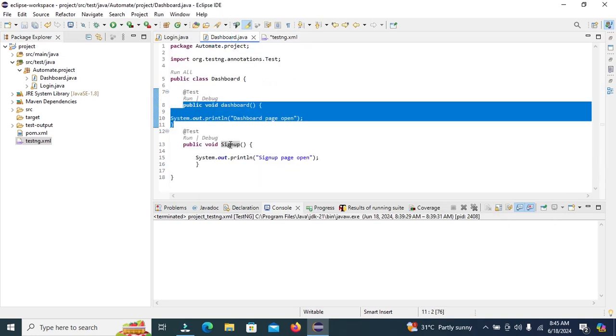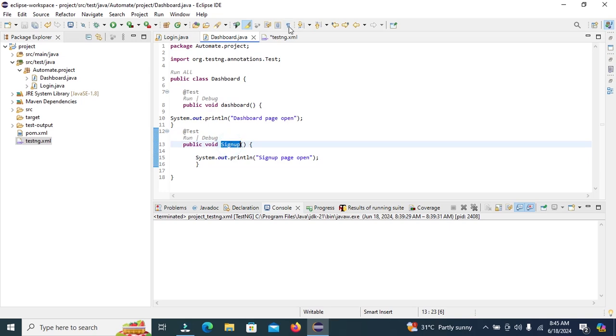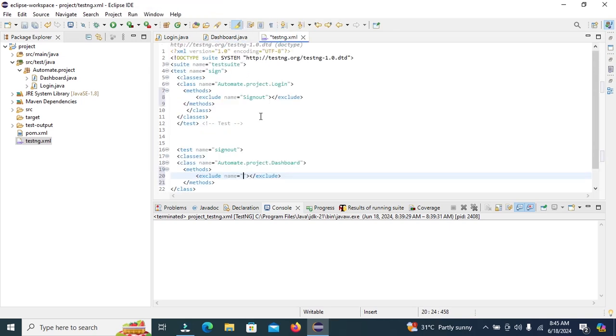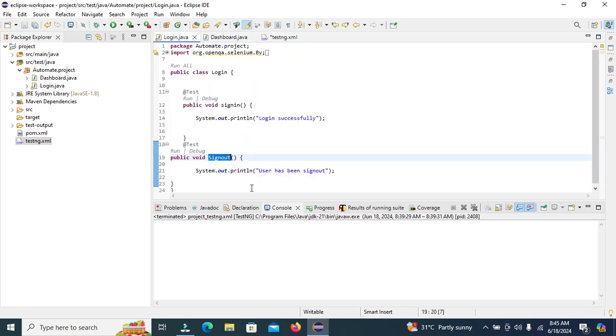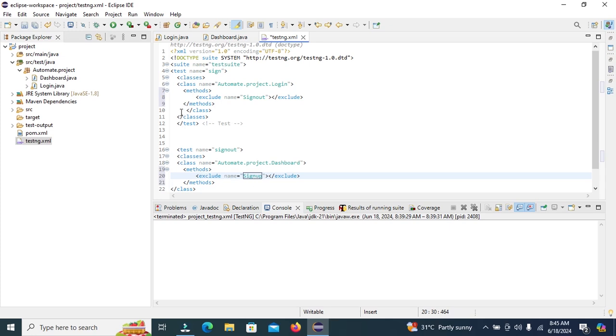Enter the method name sign up. In this scenario, the sign up test case and the sign out test case, these two test cases will not execute because we added exclude in